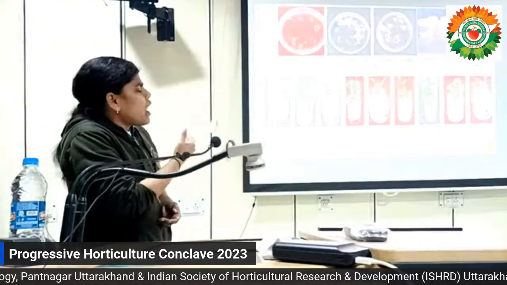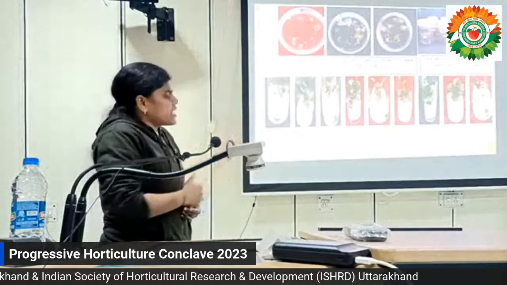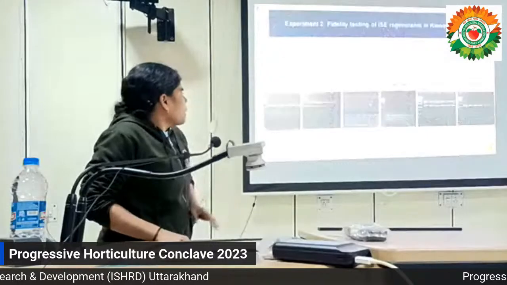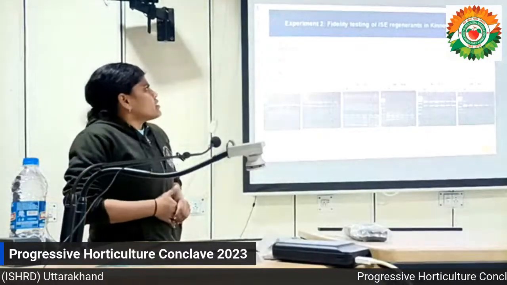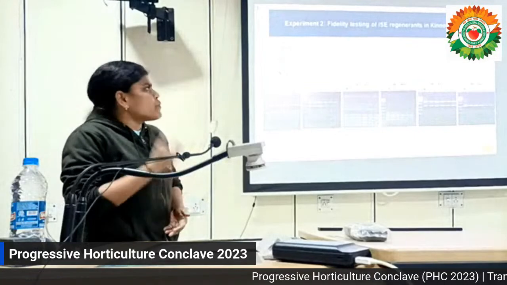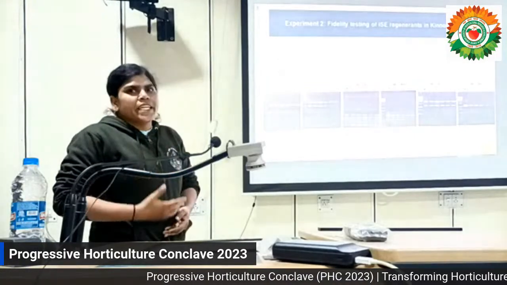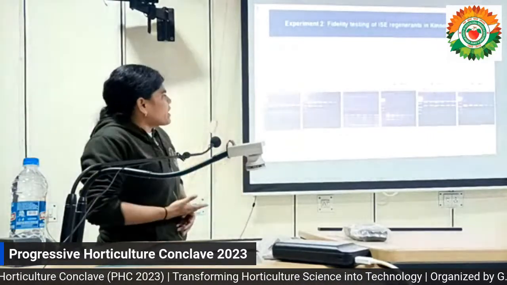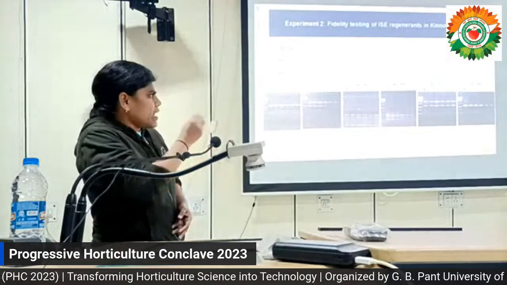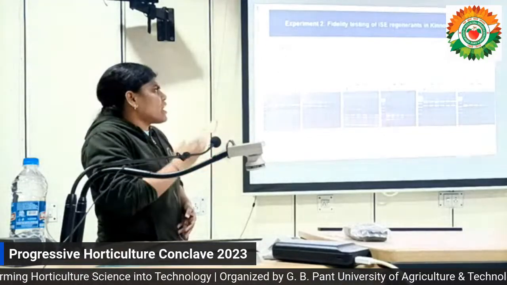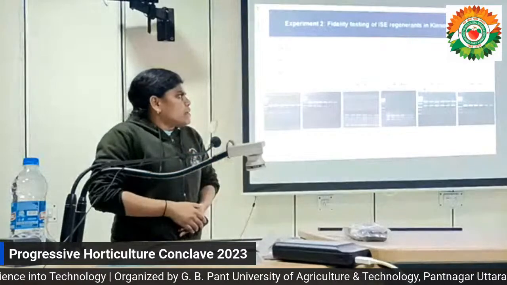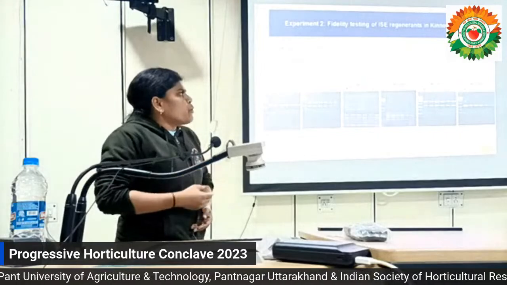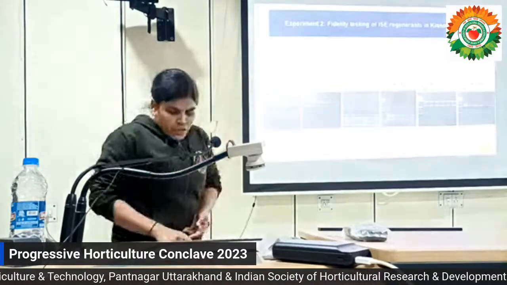Then they were subjected to hormone-free media for establishment. Then hardening was achieved on a cocopeat, vermiculite, and perlite combination of 2:1:1. We subjected the planting material obtained to genetic fidelity testing, where we chose CRD design. We chose 5 randomly selected plants along with the mother plant, and 8 different ISSR markers were analyzed. Among them, 2 markers were able to identify some kind of variation.